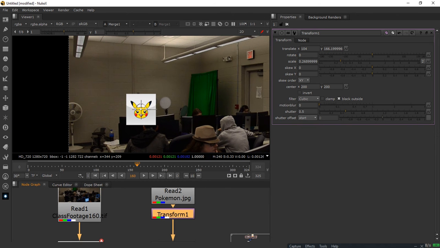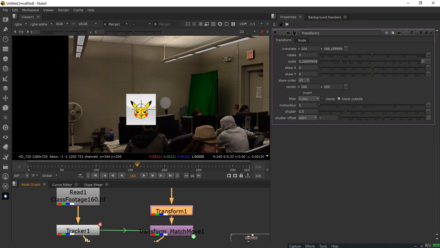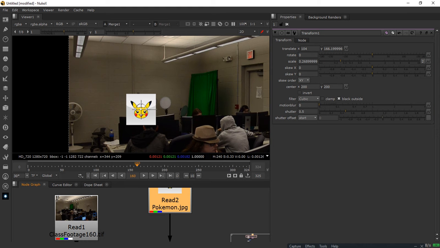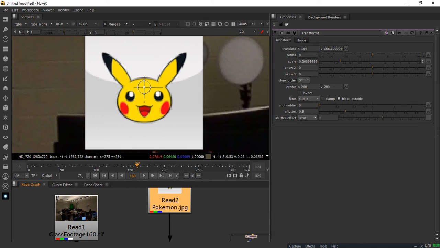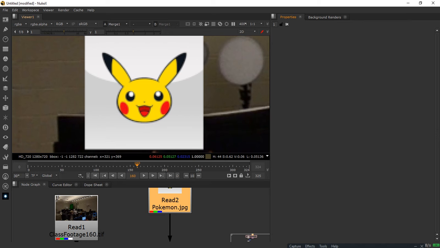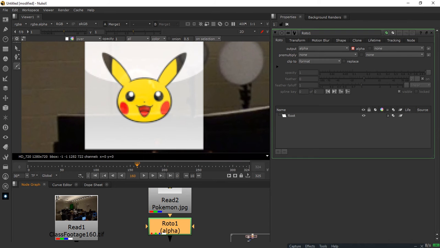All right, now let's cut it out. So we're going to drop the transform down. I'm going to go to this point. So we've learned several ways to cut things out, right? What's one of them? Roto, right? That would probably be the easiest one because there's already white here and there's white there, so I really couldn't use the other one, which is a keyer, because then it wouldn't work. I could use a keyer to key out all this stuff and that stuff, and then use Roto to draw the eyes in. That's a possibility too, but it's Roto, so it's just super easy to just hit O and